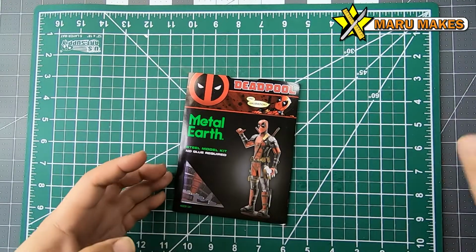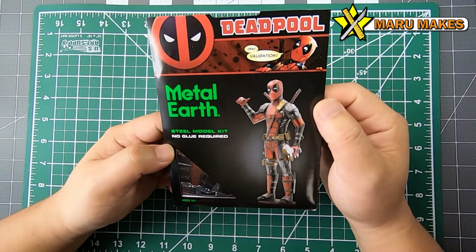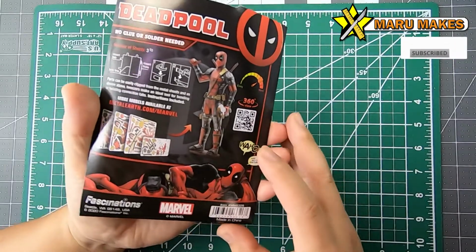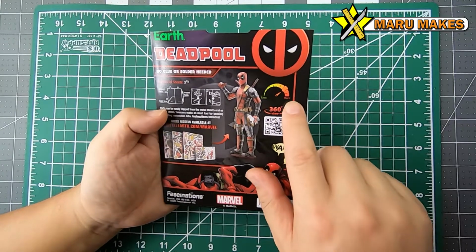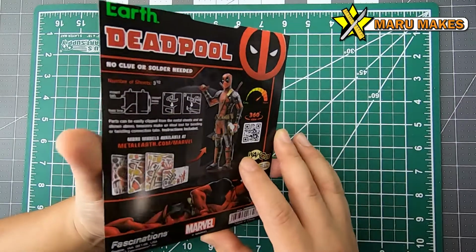Hello everyone, so today we're going to be working on Metal Earth's Deadpool model. This one was actually one of my first complex ones that I finished, and I remember after I finished this I was very happy about it. And as you can see here, it's medium to hard difficulty, and I do believe that it is, especially